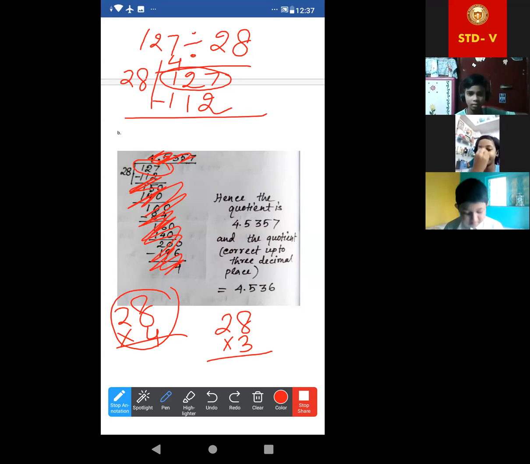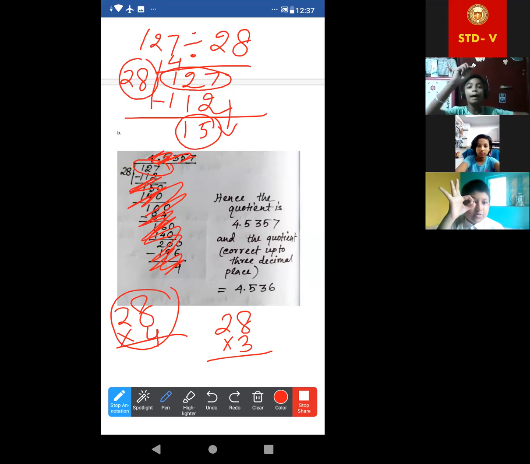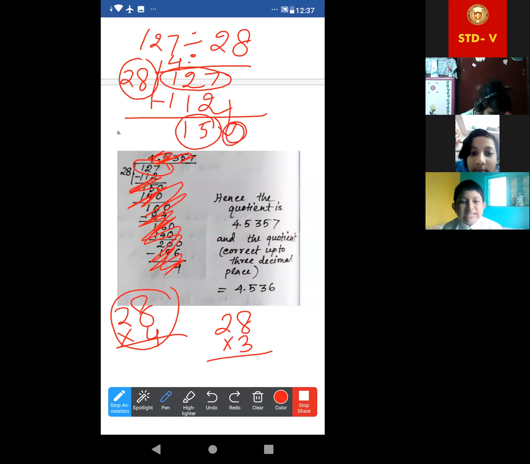Now just normal subtraction. Basically, it is normal division, I don't even need to explain. After subtracting, this one will come 5 and this is 115. Now 15 is less than 28. As it is decimal, we need to find out, so we have to put a decimal point. We can't write this as quotient and this as remainder. We have to continue the process. Put a point and put a 0 over there.